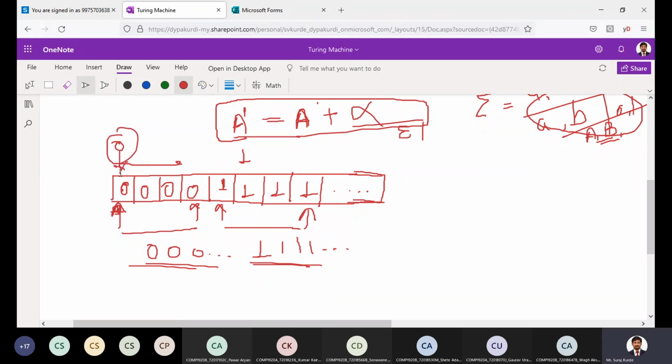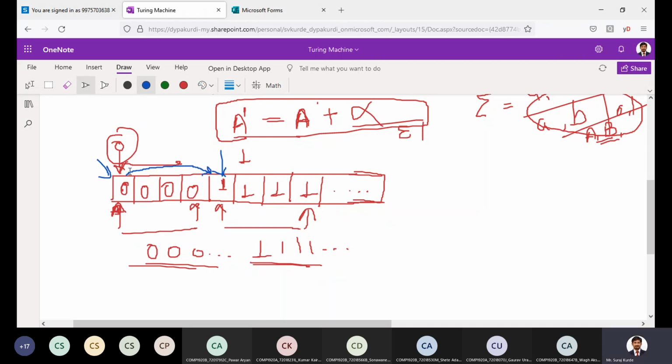Let's say we start at this 0. First 0, leftmost cell is 0. Then for this 0, we have to find 1. Where is the 1? From this cell onwards, we have 1. All the ones are there. What to do? We have to